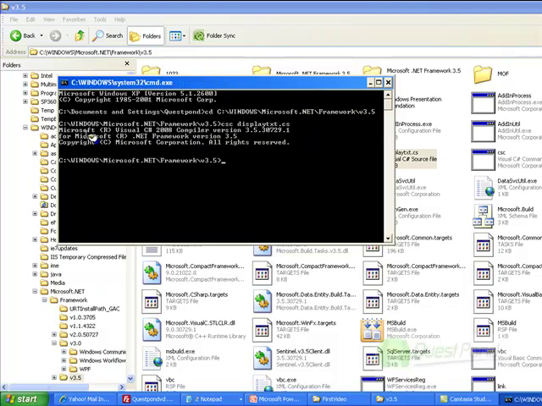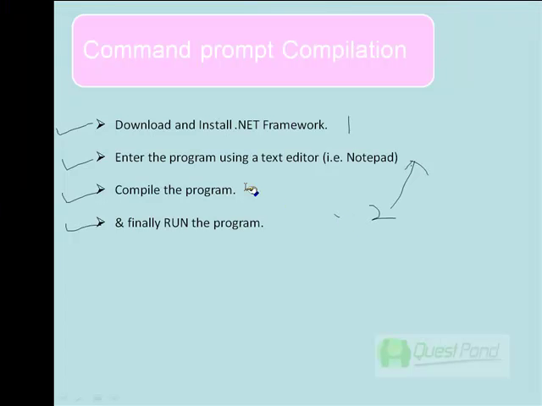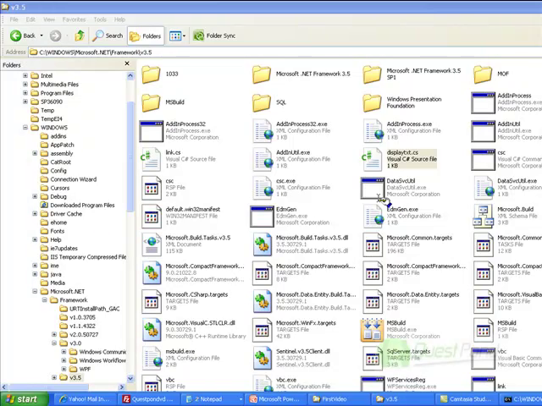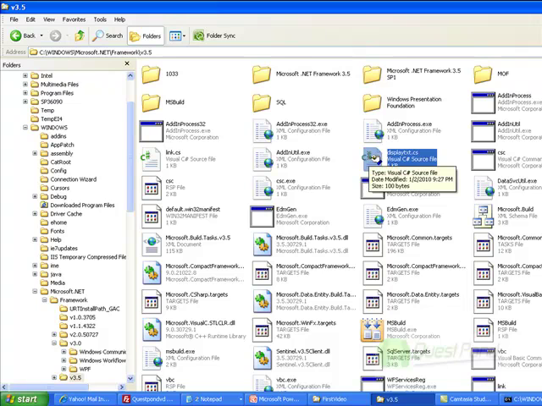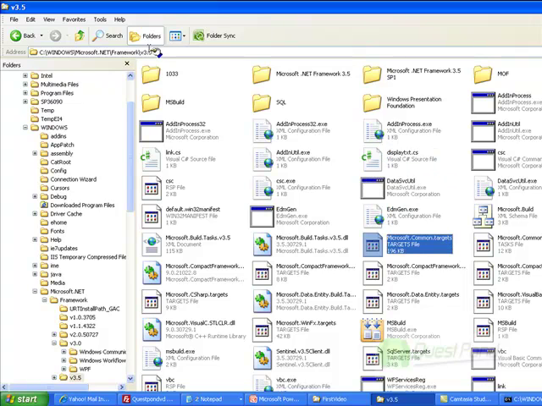Here we have not got any kind of error, but if you make a mistake while writing the program, it will display the corresponding error to you. After doing step number 3 successfully, we are going to do step number 4, which is run the program. In step 3, we successfully compiled our displaytext.cs file. After compilation, it has generated an executable file which is saved in this location, in the framework 3.5 folder,